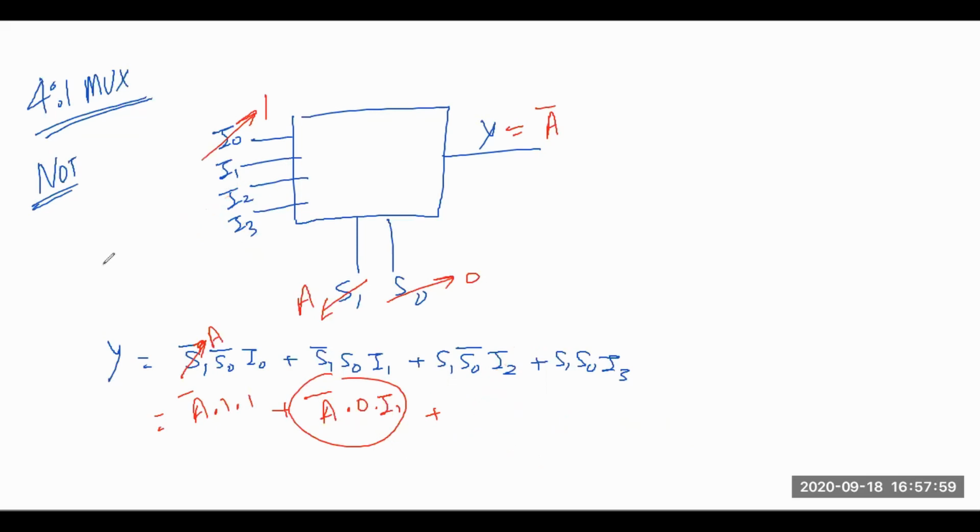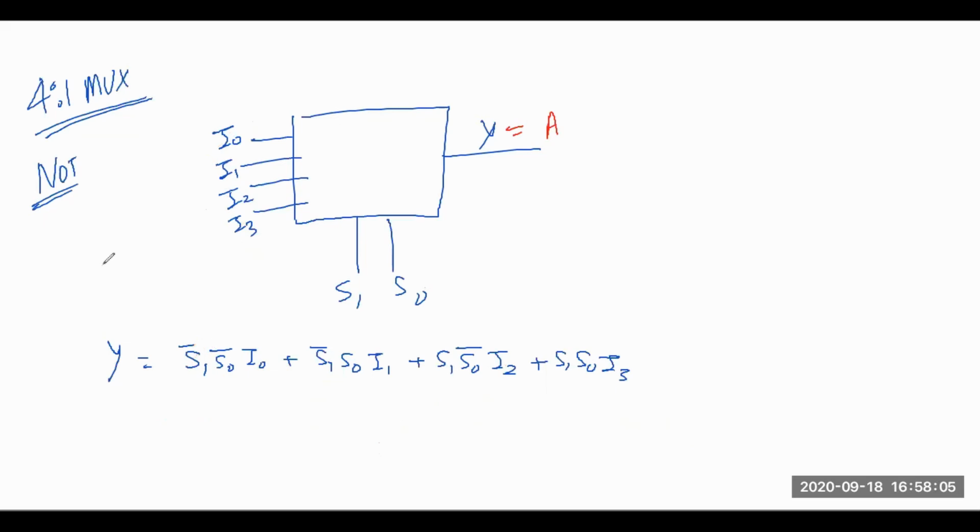Now, next we will do the implementation of the AND gate using this 4:1 multiplexer. The AND gate is basically A dot B. I want to set I0, I1, I2, I3 and S1 and S0 in such a way that at my output side I will get A dot B. Only then can I say the whole circuit is behaving like an AND gate.